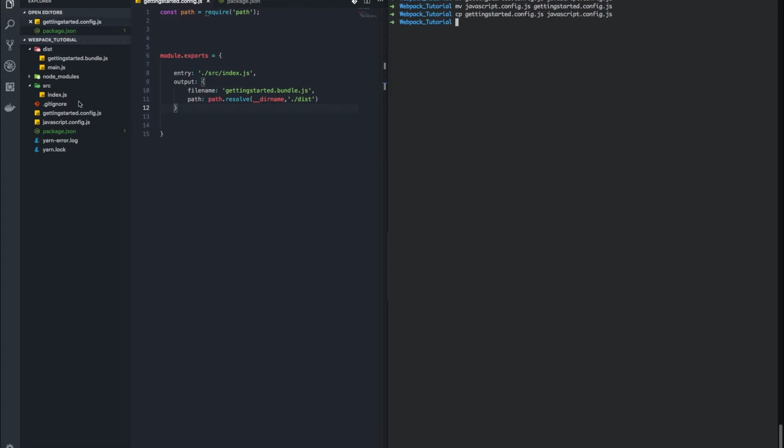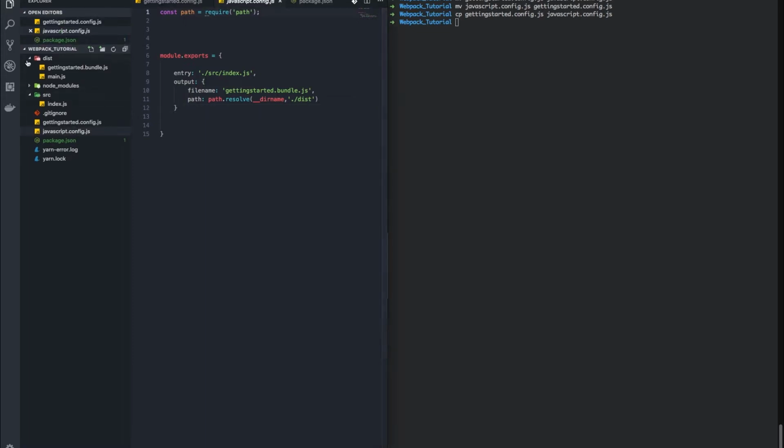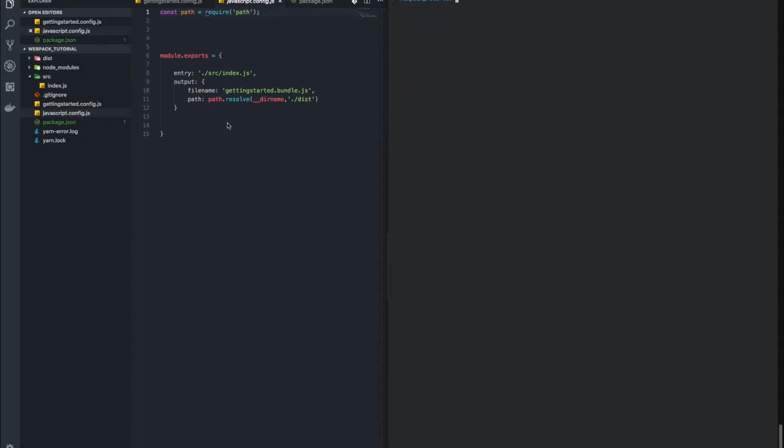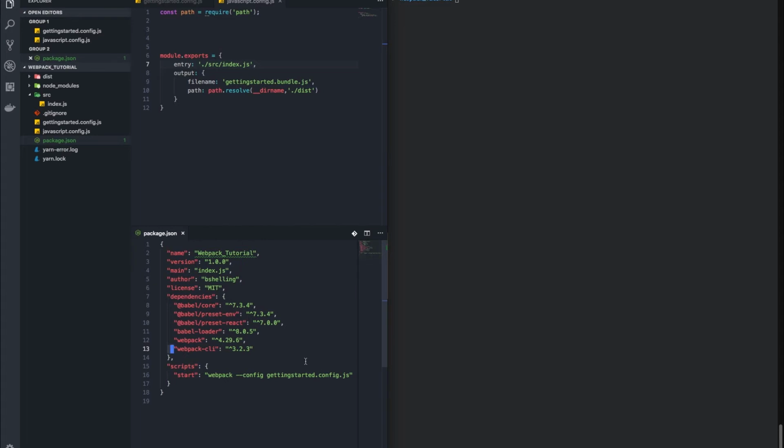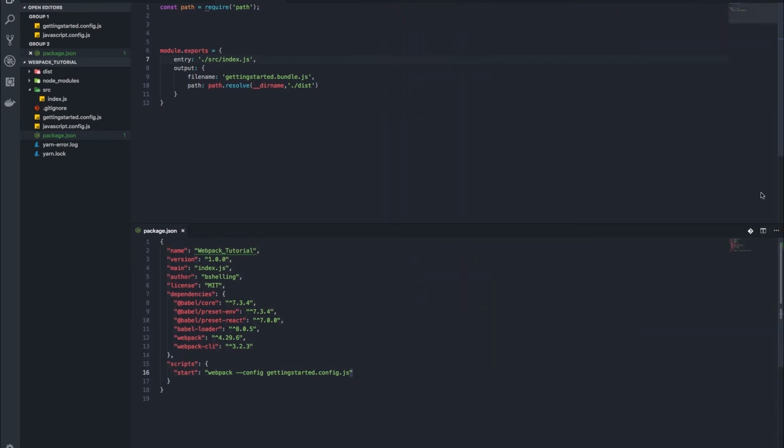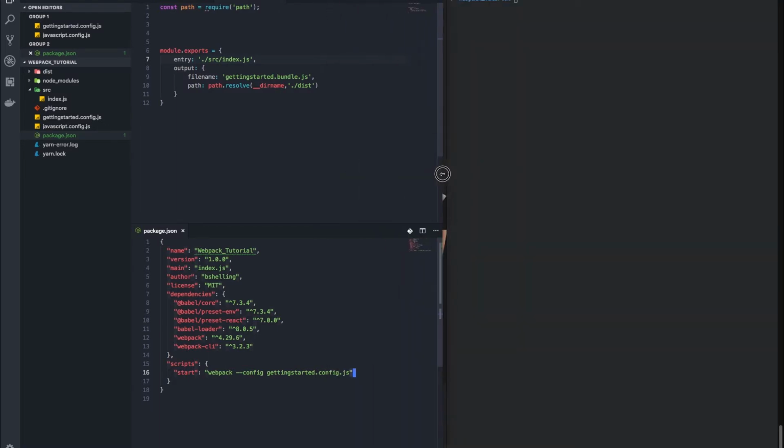All right. So what we'll do is we'll just do that. And what I want to do is keep the mode out of my config and have that mode be set as a script. So I don't want any of my configurations being added. There are other ways of doing this, but in the case of this video, we're just going to set our